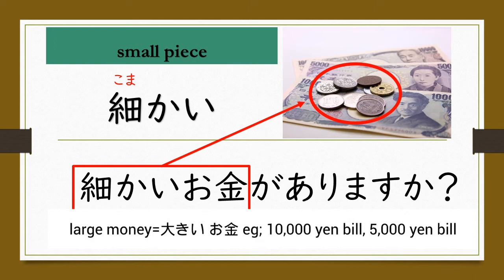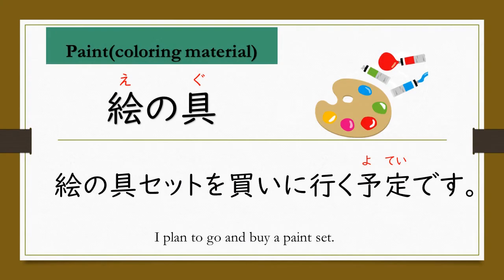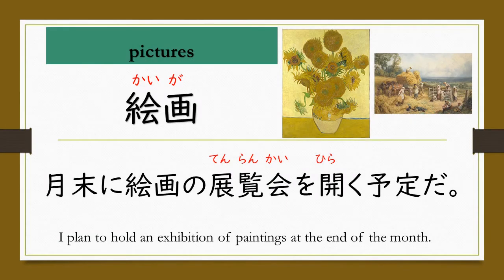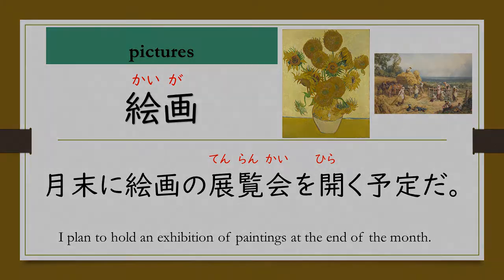The opposite of 細かいお金 is 大きいお金。大きいお金 example, 10,000 yen bill or 5,000 yen bill, we can say 大きいお金。Paint is 絵の具。絵の具 expression, 絵の具セットを買いに行く予定です。Pictures, 絵画。絵画 expression, 月末に絵画の展覧会を開く予定だ。